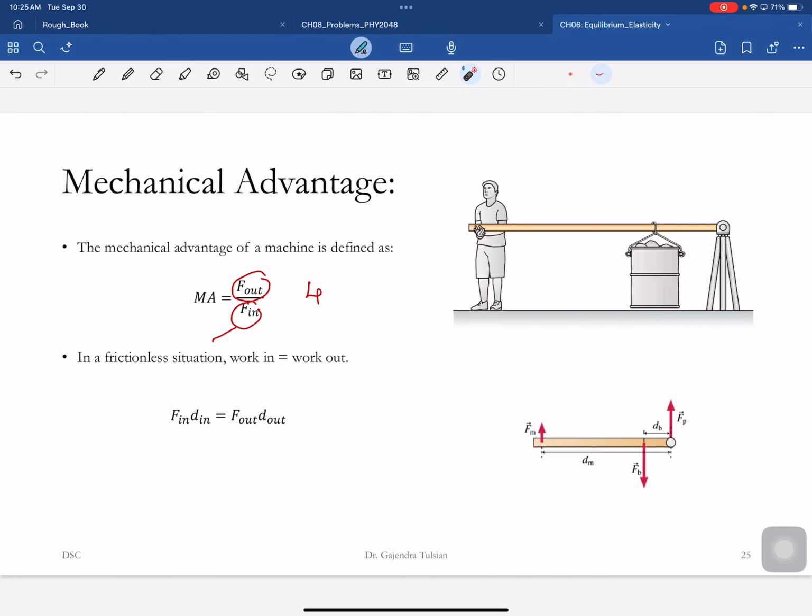Again, the greater your moment arm, the smaller the force you apply. So this is a machine with a mechanical advantage of 3 to 4, depending on how large the beam is. The larger the beam, the smaller the force you would have to apply. But what's the problem with the larger beam? Well, it would bend and it might break.